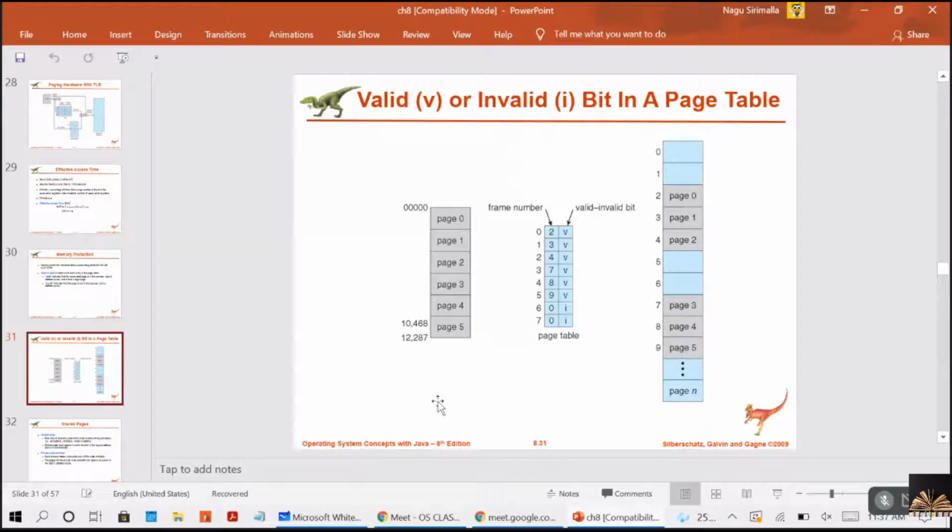So here in this example, we have a program that should use the addresses starting from 0 to 10,468, and consider each page size is 2 KB only, right? Addresses in pages 0, 1, 2, 3, 4, 5 are mapped normally in the page table. Any attempt to generate an address in page 6 and 7 will find that the valid-invalid bit is set to invalid, and the computer will trap to the OS